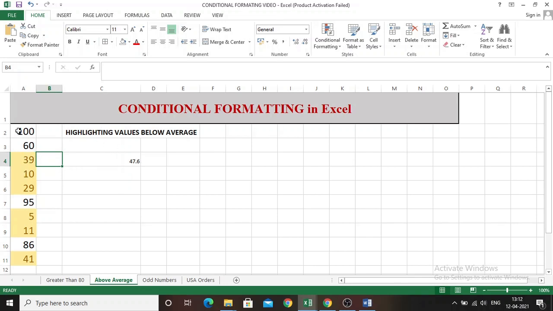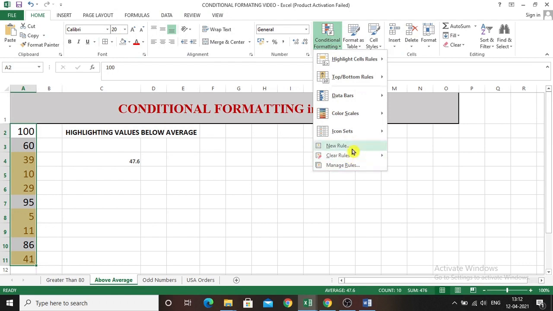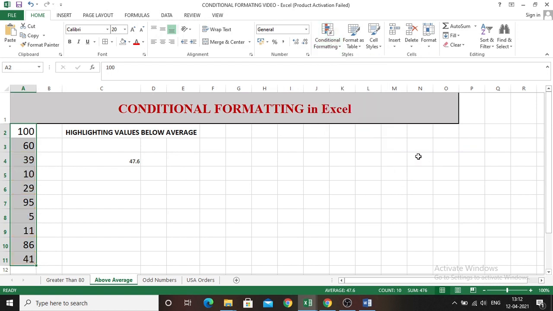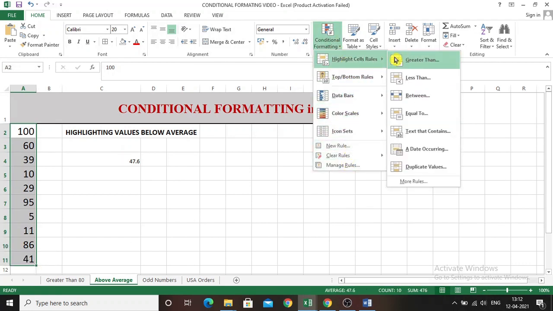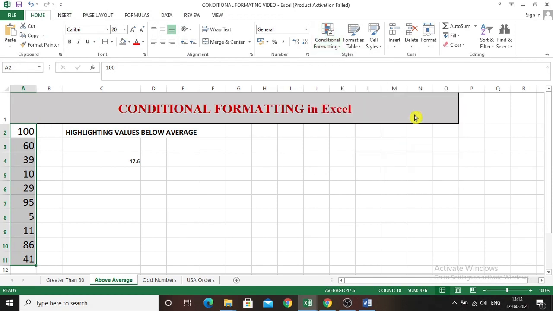You can also make use of this for finding the exact values. For example, now I'm clearing this rule, the below average rule. Click conditional formatting, click clear rules, then click clear rules. Now I'm selecting the data range, then click conditional formatting, click highlight rules, then type equal to.